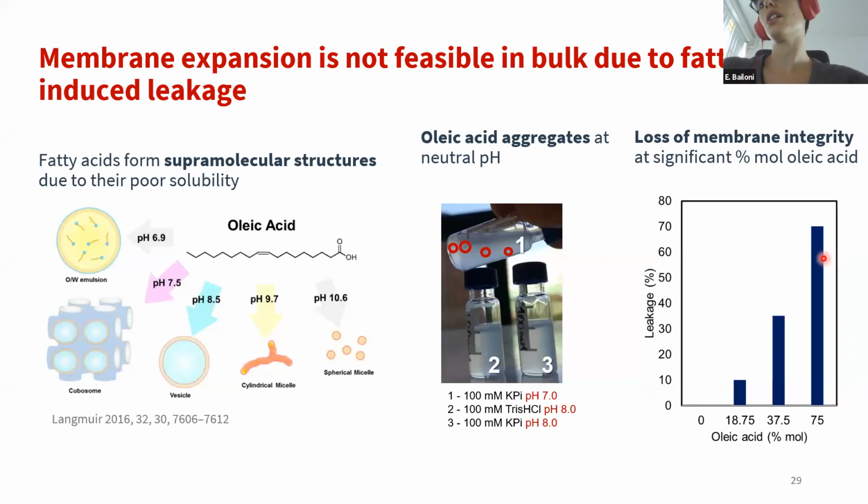So this was a really important control for us to measure the leakage of our phospholipid vesicles. And indeed, we saw that we obtained a very significant leakage in the presence of oleic acid concentrations that are relevant for our synthesis purposes. So really the take-home message here is that yes, oleic acid can diffuse through the membrane bilayer when it is in the free form, but when it is more concentrated, then it can cause leakage, and therefore we concluded that